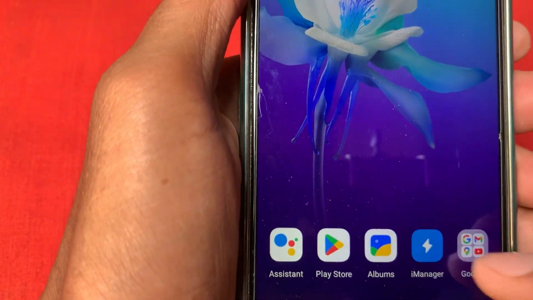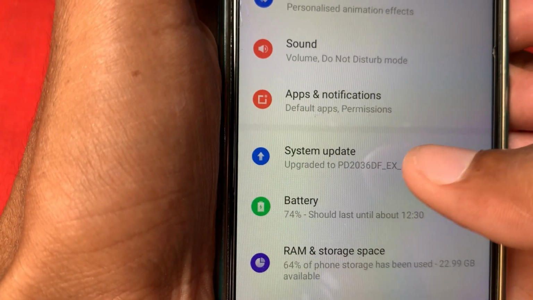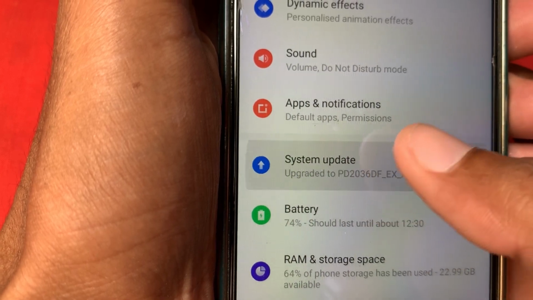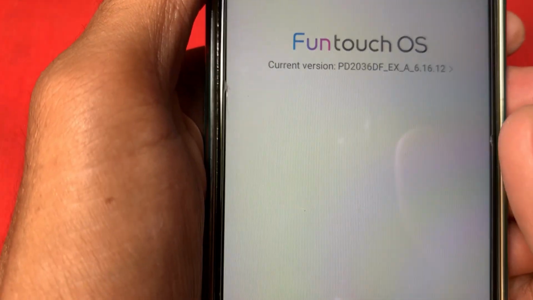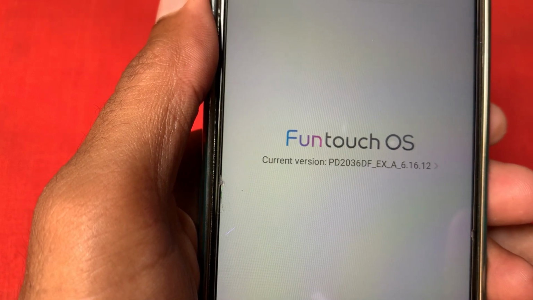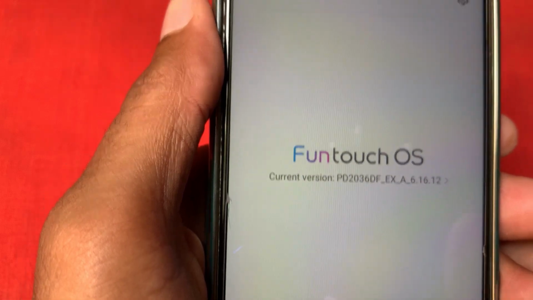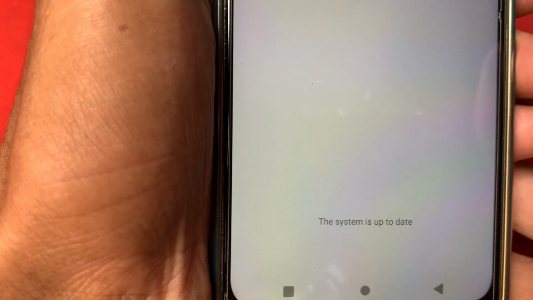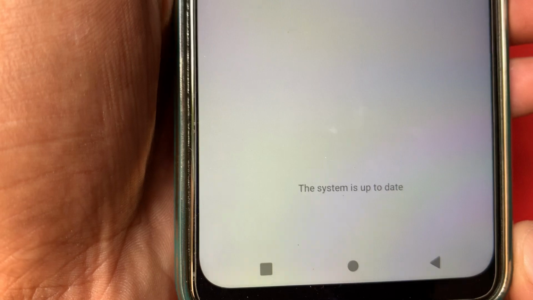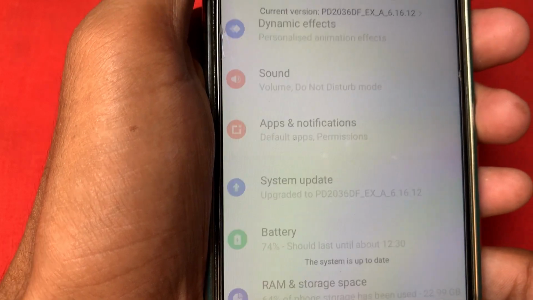If you still have this problem, then open your settings, click here and wait for it to open, and after this scroll down, and here is the option of system update. You need to click here and update your Android phone to the latest version. If there is an update for your Android phone, then you need to download and install it, and after this your problem will be fixed. Here you can see my Android system is up to date. If yours is not updated, then you need to update it, and after updating your mobile software,